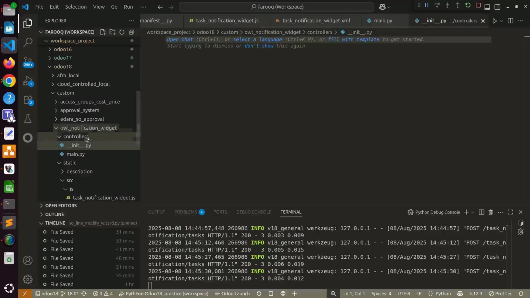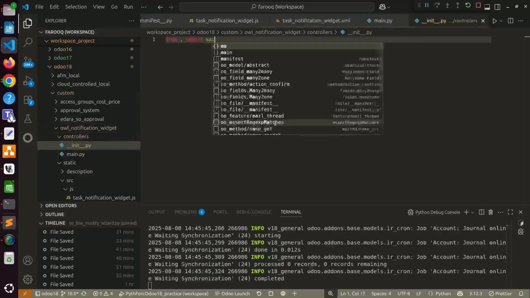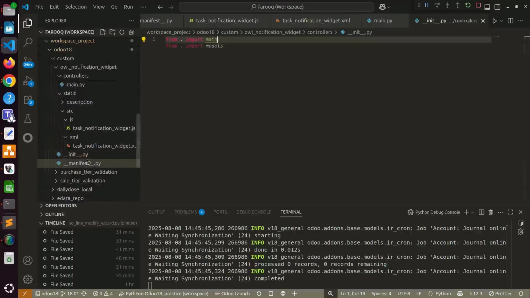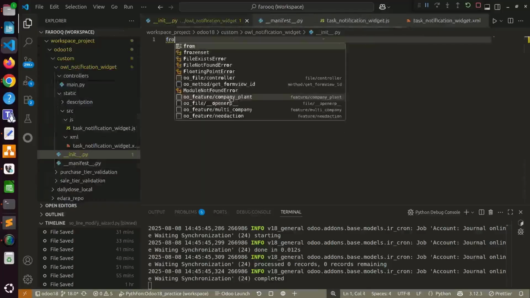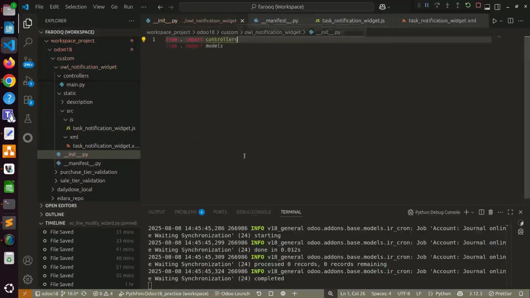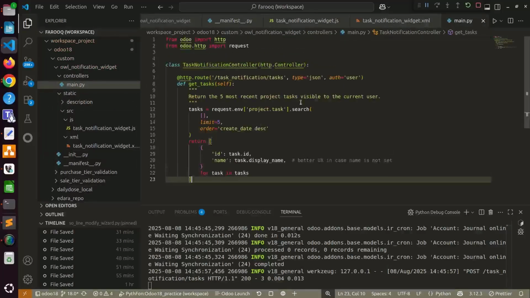And in this file we also need to give reference, main, and in our init file, controllers. Cool. So this is our controller file,